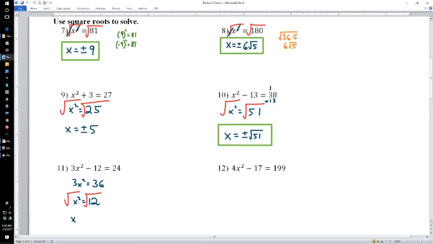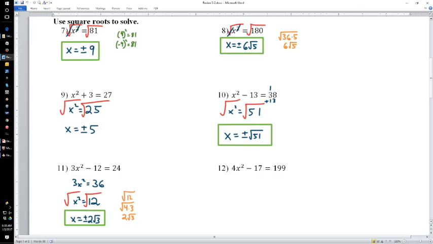So x equals plus or minus, and if you want to go over to the side and reduce that 12 real quick, 12 is 4 times 3, the square root of 4 is 2. All right, x equals plus or minus 2 on the square root of 3. And you know what, I'll go ahead and do that in a consistent color so that no one is confused. 2 on the square root of 3. All right,